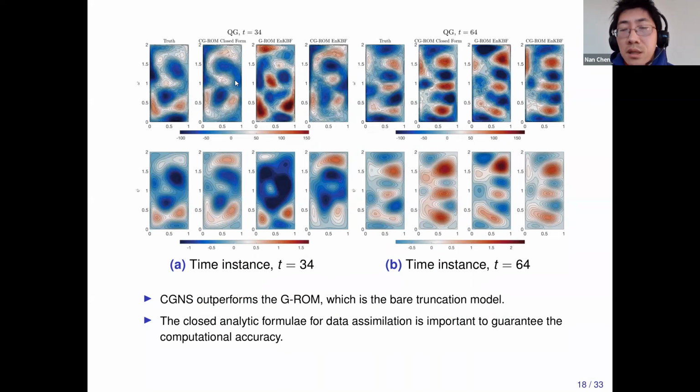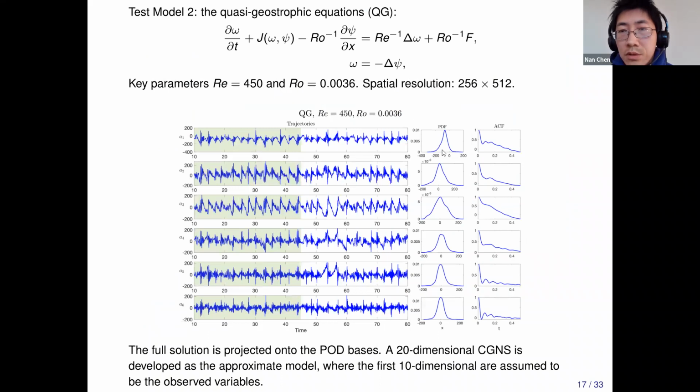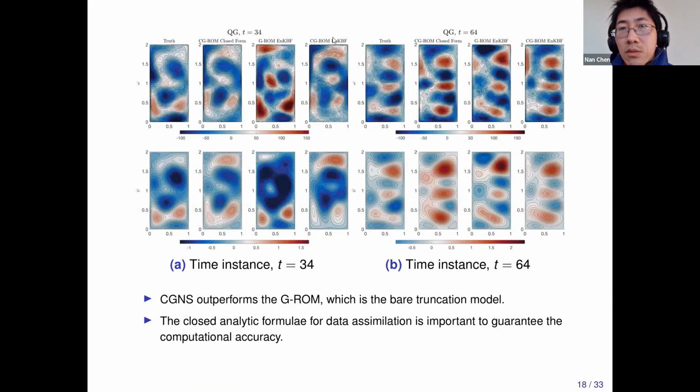And in this case, like you can see the time series or the distribution. This is non-Gaussian, but it's not crazily non-Gaussian. The Reynolds number is like 450. If we further increase this Reynolds number to make it even more non-Gaussian, then the ensemble method will suffer from even bigger issues. Gotcha. Okay. Yeah. So the overall take-home message is, if we can avoid ensemble methods, then we should avoid them. It's not just for the accuracy, also for the computational cost, because you have to run a lot of ensembles using Monte Carlo simulations. It will take a lot of time. Yeah.